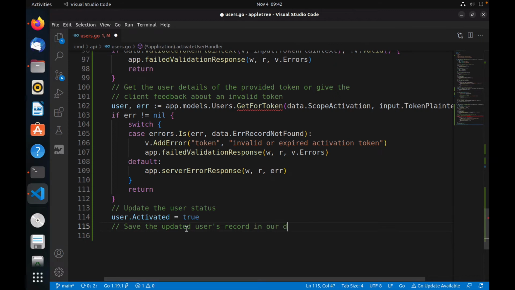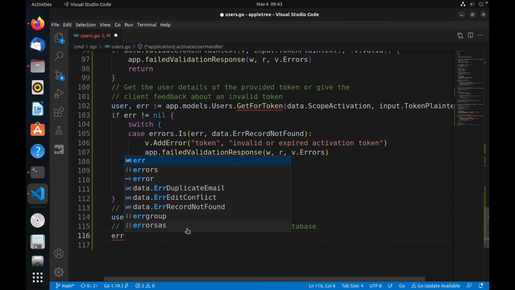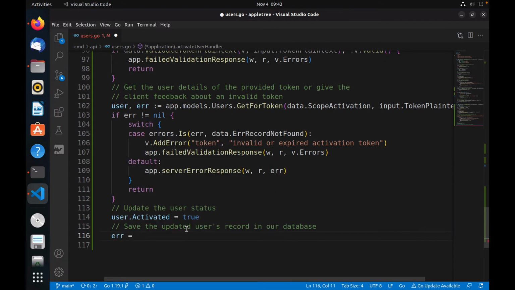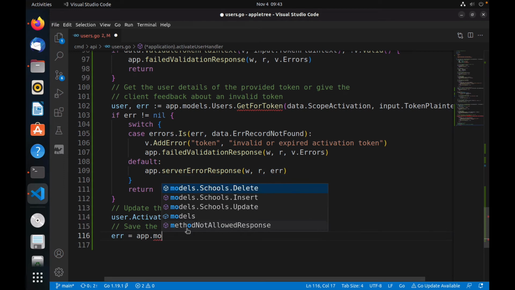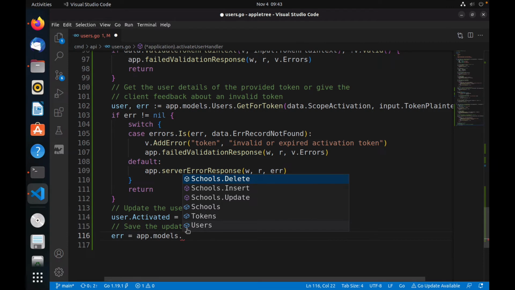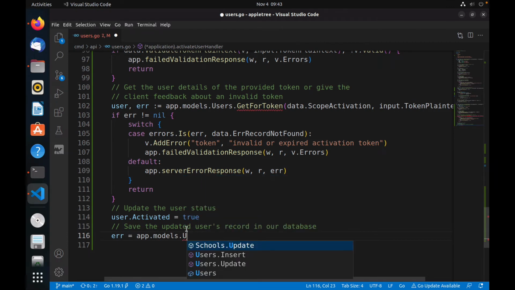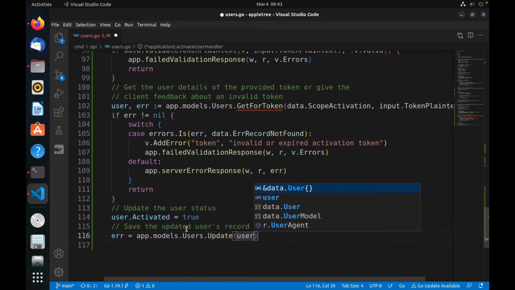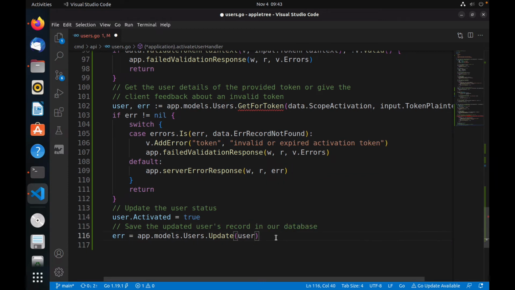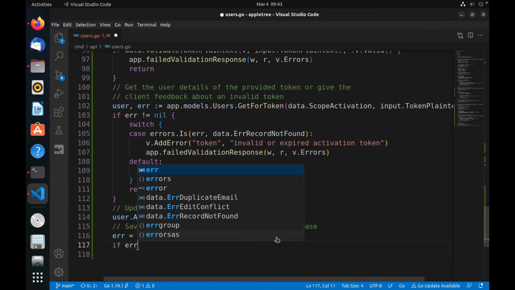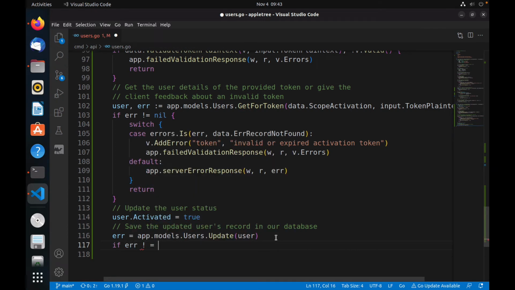in our database, right? And of course we have done that many times, so I'll simply say app.models.users.update. Okay, and so we'll pass in user. Okay, and then of course we need to check to see if there are any problems. So if error not nil,